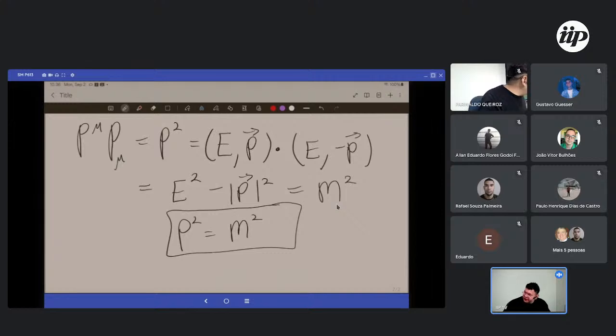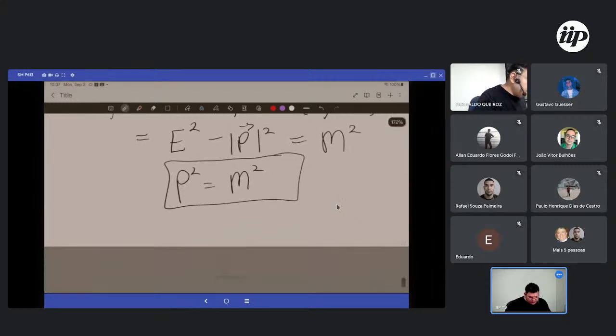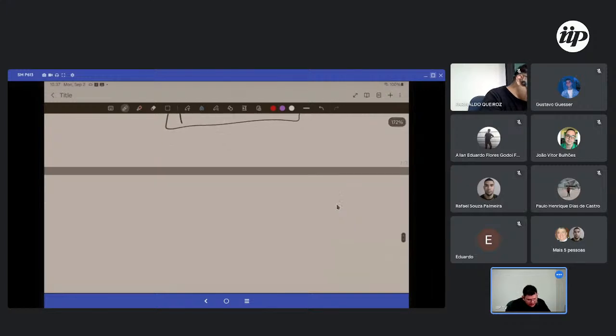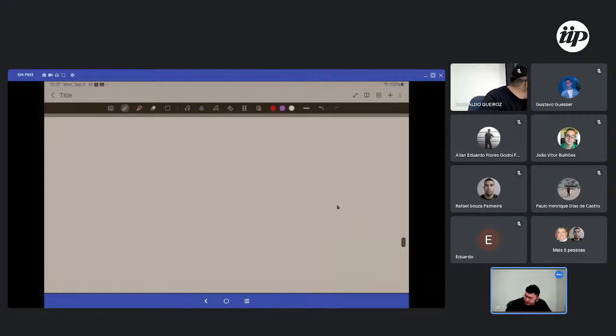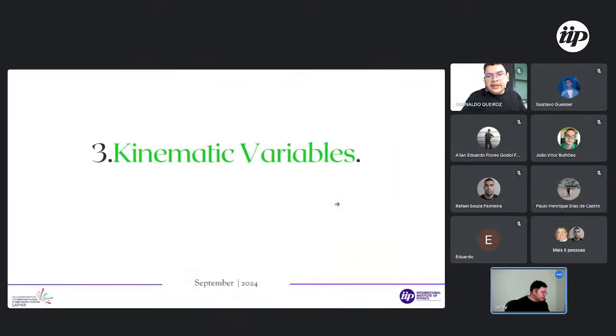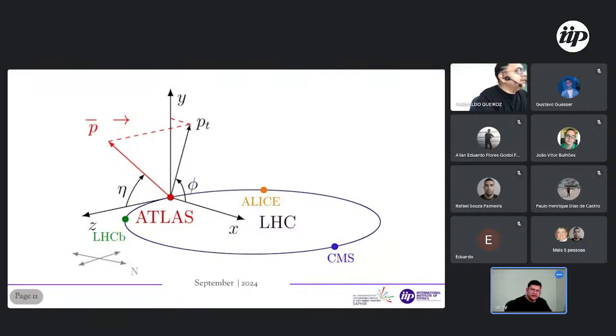Another thing that is important to derive some general kinematic variables is the collider coordinate. It is important to understand what collider coordinate means. We have here the coordinates of ATLAS, for example. We can see that the collisions occur